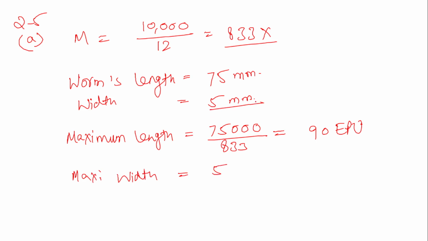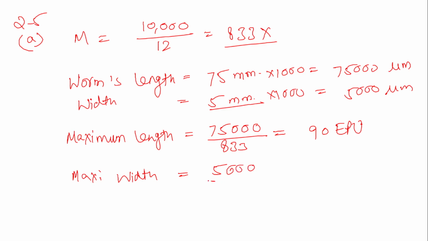use this 5 millimeter, and we want to convert it into micrometer. Then see, if we multiply it with 1000, we will have 5,000 micrometers. So I'll take 5,000 upon this magnification 833. So basically the formula was magnification is equal to image size upon actual size.